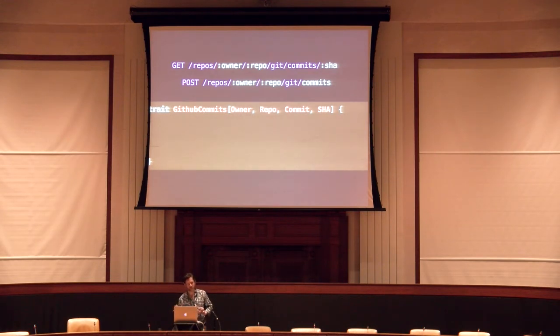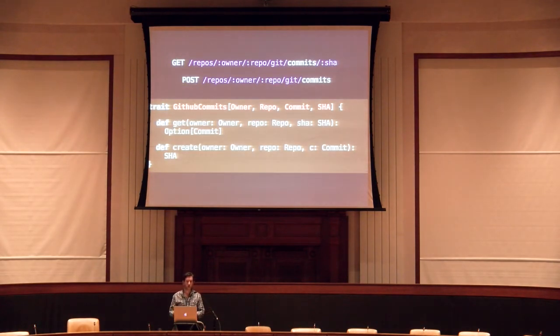Okay, so that's the end of that sidebar. So we have these type parameters. Those are the entities in our domain. And then our behavior are just going to be abstract methods. So I'm going to translate those REST calls into some abstract methods. They're going to take input parameters, and they're going to produce output parameters. Outputs have types. The REST API is hiding a little bit the optionality aspect: if you ask for a commit that's not there, you'll get a 404. It's sort of implied in the REST contract there. We're exposing it as a method here, so we have to encode it a bit more clearly.